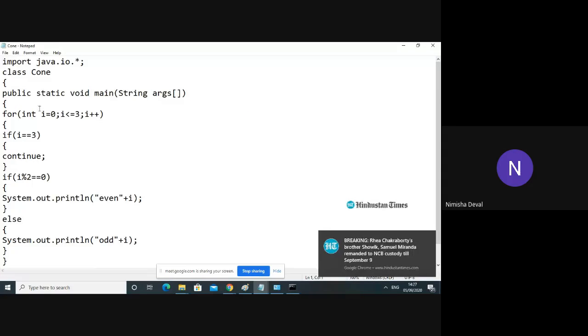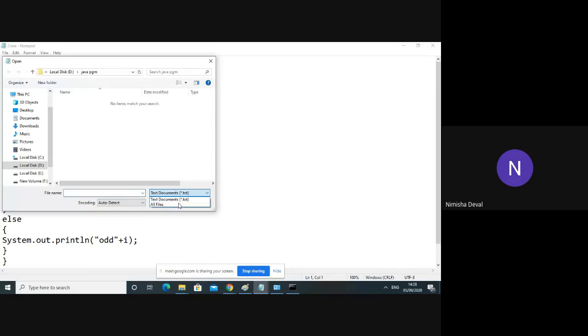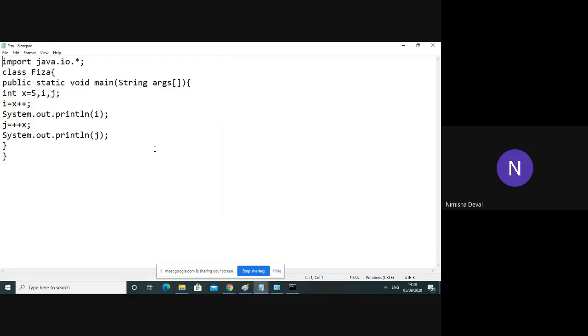Try to do this, because this is the right time. In your regular college you have limited time, and apart from that you have other activities also. But right now you are at home, you are having only 5 hours of lectures. So after that, you can try all these possibilities.